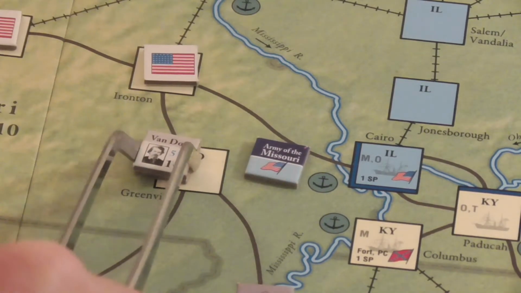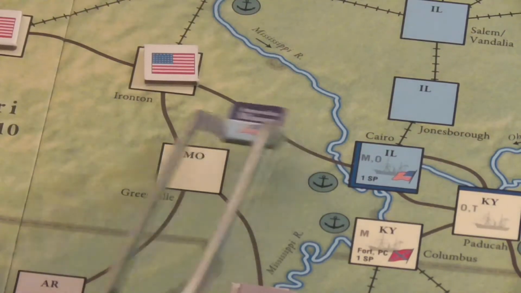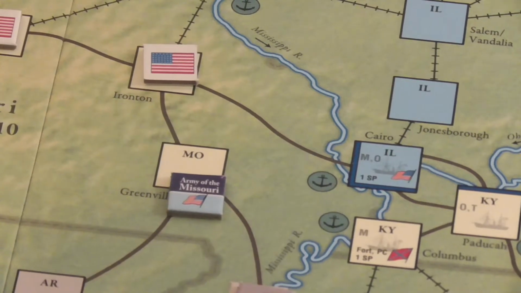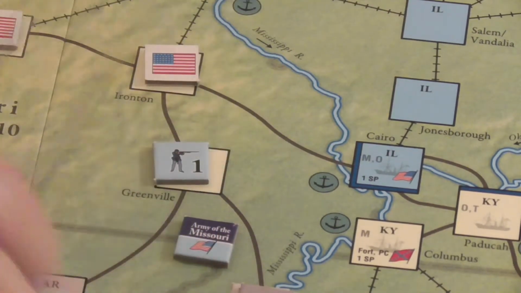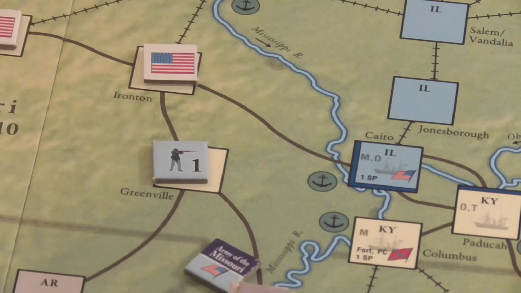And Van Dorn will be forced to retreat, and he'll retreat into New Madrid, taking the strength points of that fortification up to 2. While Hooker will still be able to advance because he had more than double the strength. And honestly, because the force modifier wasn't that bad, so never mind. They're going to leave a strength point behind, reducing them down to 11. And then they will keep moving further south